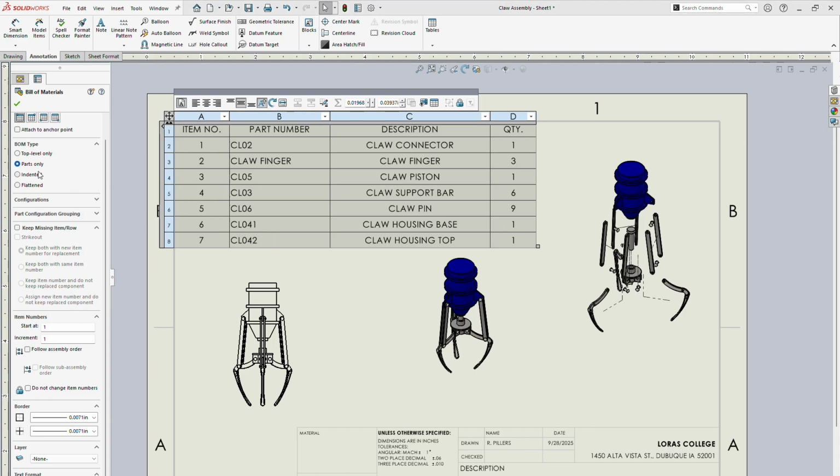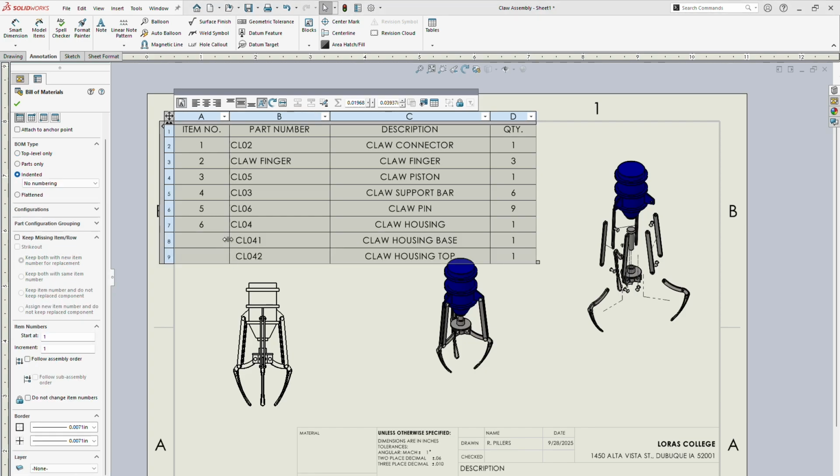So it's going to show us our top only, but it's also going to show the pieces underneath it. So now it is still showing the CL04, which is the entirety of this blue piece right here. However, it shows that under it, I have two pieces. I have the CL041, which is the base portion, so this portion of it, and CL042, which is the top